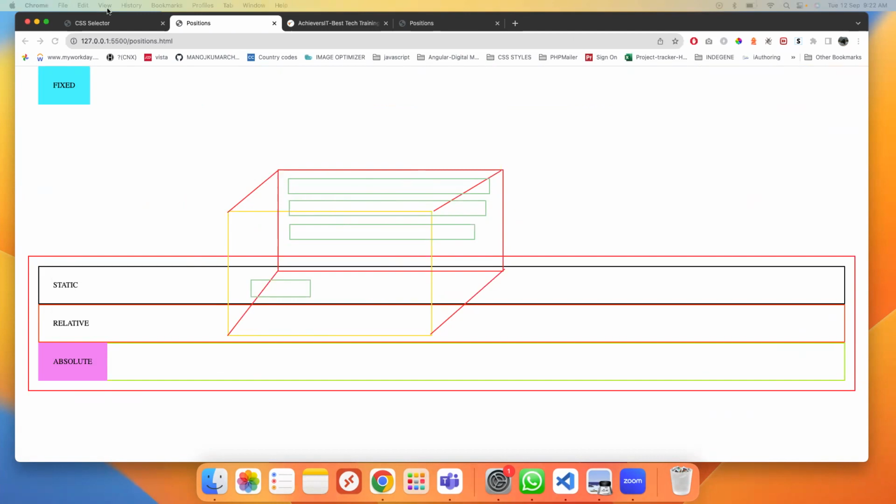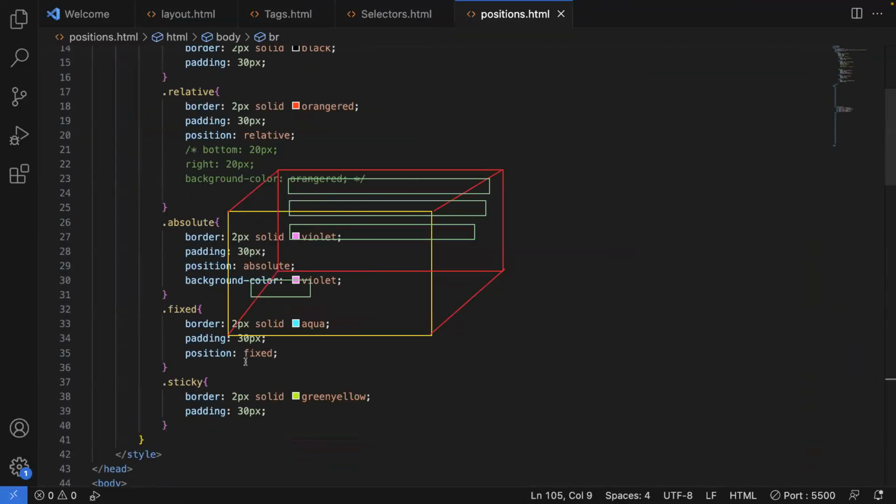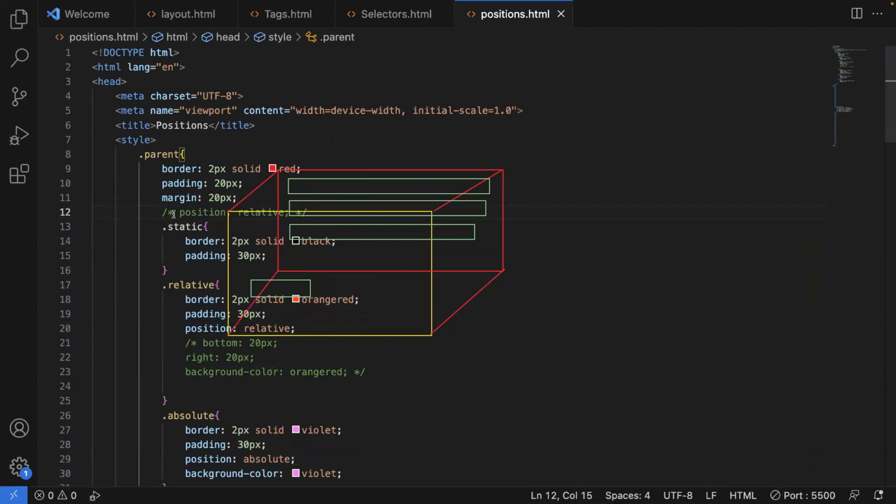I want to make this element fixed here in this position. So what do I need to do? Position relative. Whose position relative do I need to give? So definitely I need to make my position relative. I commented it, just to explain, I commented. Now if I make it,